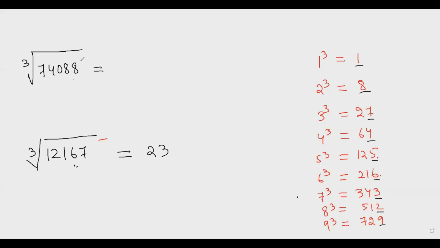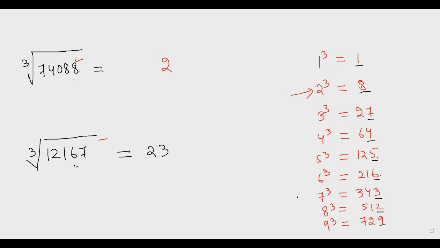Let's see here, the last digit. What is the last digit here? 8, right? The cube of which number ends in 8? 2. 2 cube is 8. So the last digit will be 2. Okay. Now,